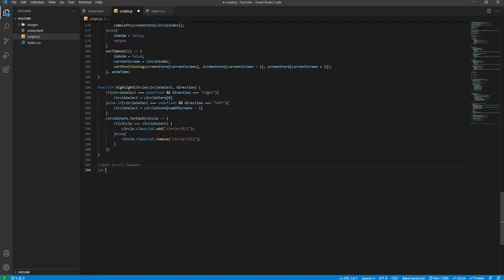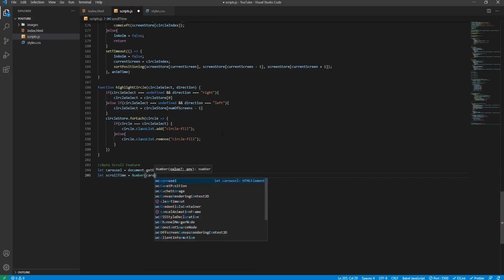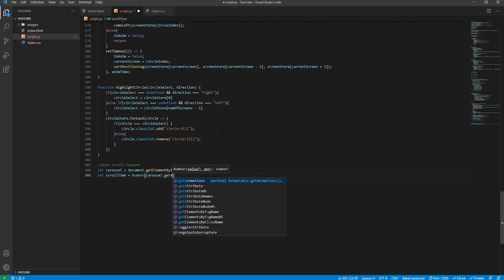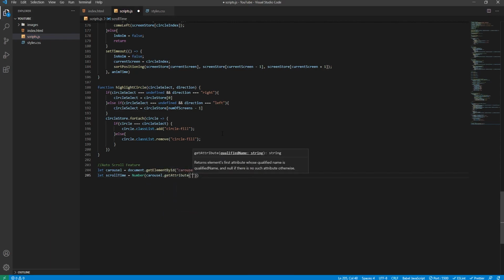And what we'll do, we'll declare a reference to the carousel because we haven't actually done that, believe it or not. So I'll say document.getElementById, and I'll simply say carousel1 like so. And I need to create a reference to that custom attribute, but because it's a string, we need to pass it to a number, so it behaves like a number. We'll say carousel.getAttribute and that auto scroll attribute like so,